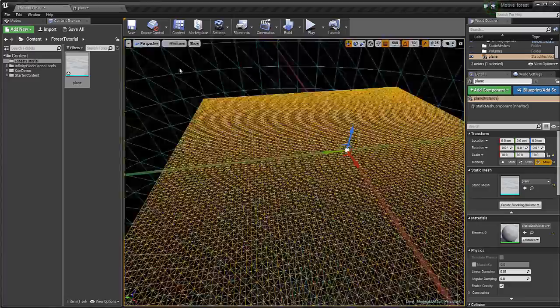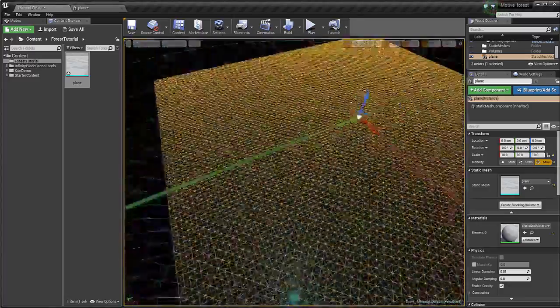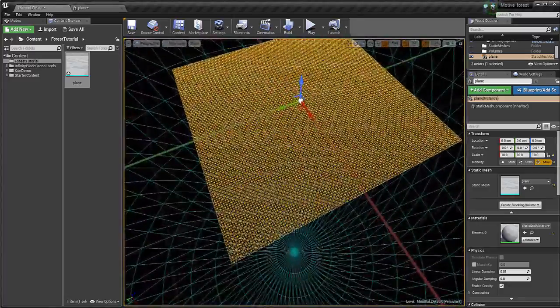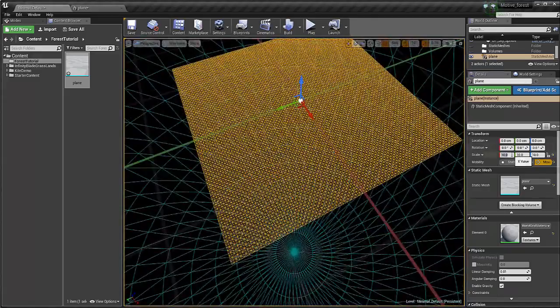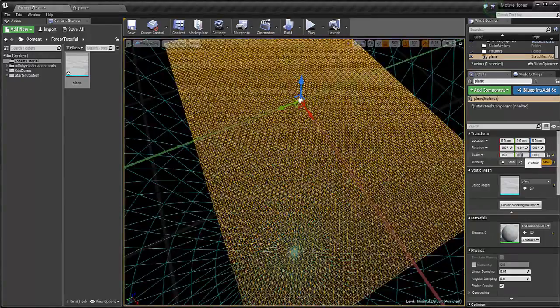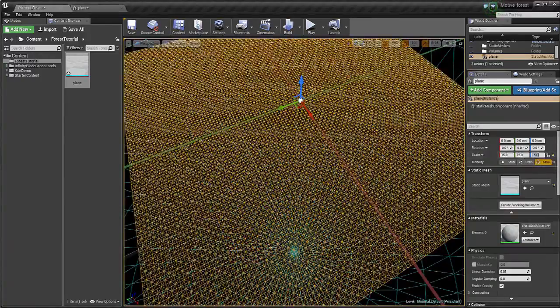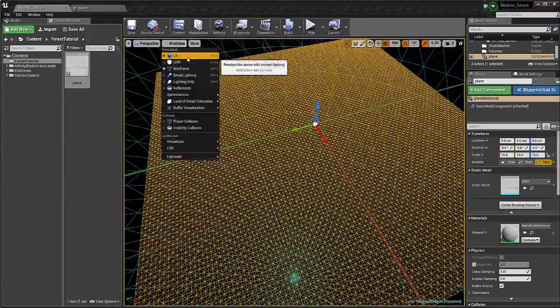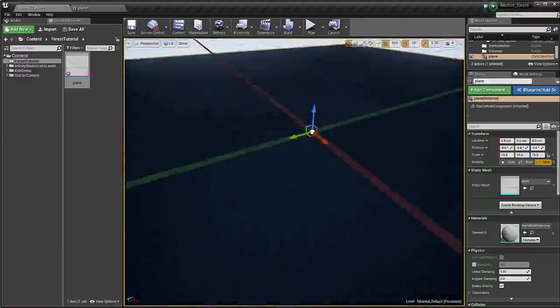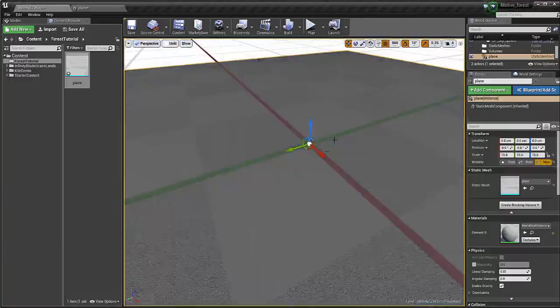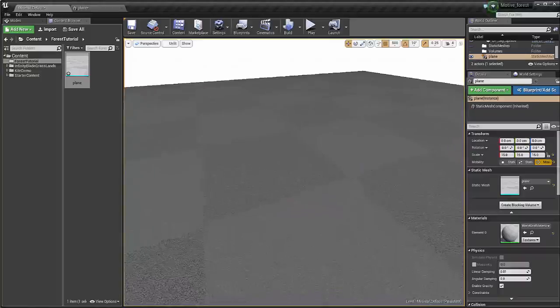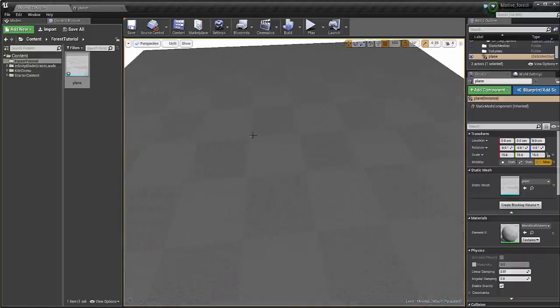Let's switch from lit to wireframe. With the wireframe I can sort of guess the scale, so I want to make this 15 by 15 by 15, like this. And one more thing I want to do just before we start: I actually want to set this to unlit, now I think about it. Just before we start creating a material so that we can paint on it,